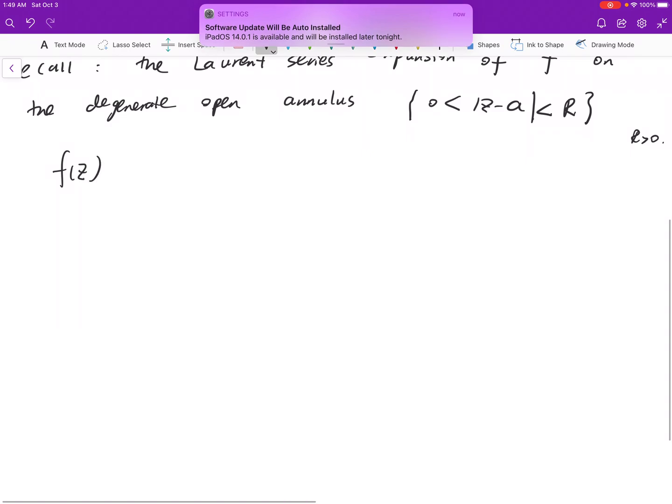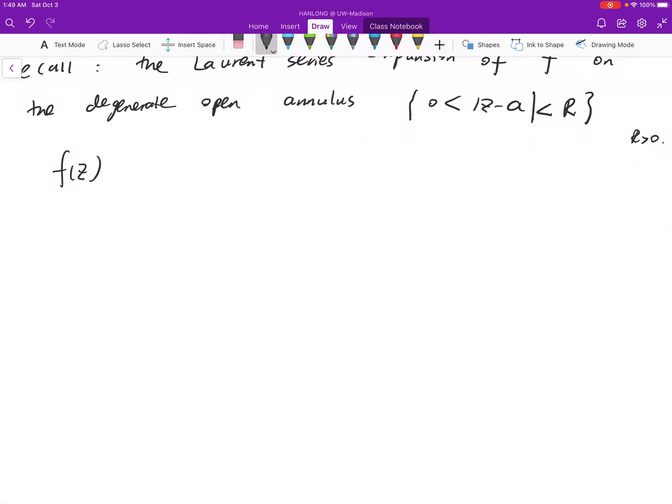If you repeat the argument we did for the non-degenerate annulus last time, we will have the same conclusion that f can be written down as